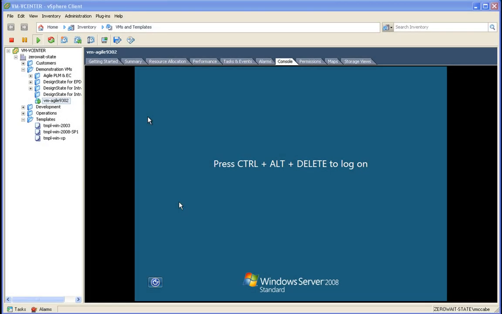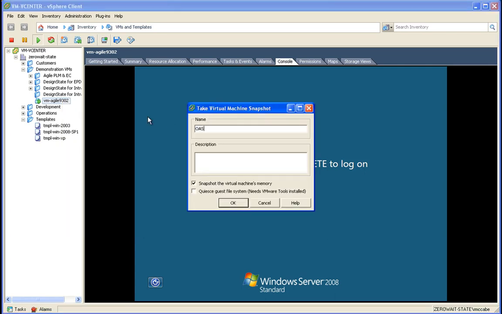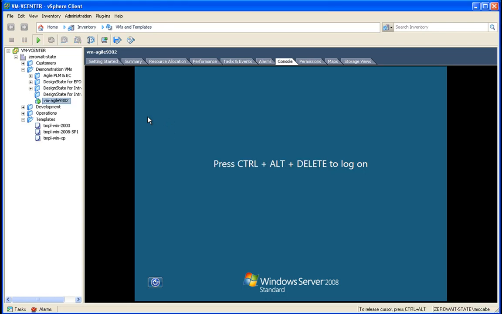We make it a pretty common practice to take snapshots during each phase of the installation process. So we'll go ahead and do that at this time. Let's take a snapshot. We will call it OAS 10.1.3.4 installed. And we will not wait for this to finish, but it's important to use the snapshot capability within VMware. It gives you a restore point if something goes wrong down the road, and it